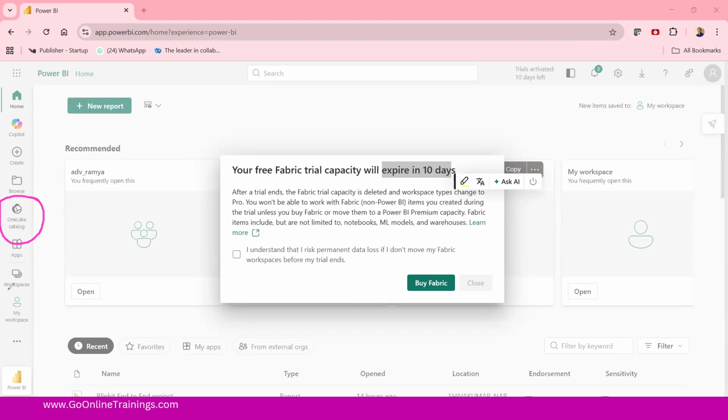If you go and open this, you will be able to find the 1 lakh catalog that will be enabled. It was not there before for all your Power BI accounts. Remember, for all the Power BI accounts you have created, you have this 1 lakh catalog. If it is not there,